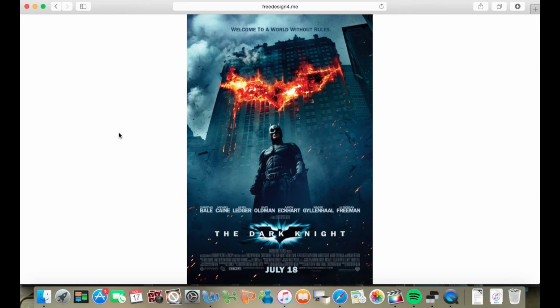But yeah, it's not as simplistic as some of the other posters like the Alien poster, and it's got a little bit more writing on there, which can be a bit more informative for the viewer and give a little bit more away about what the plot of the film will be. And yeah, it's a very good poster.